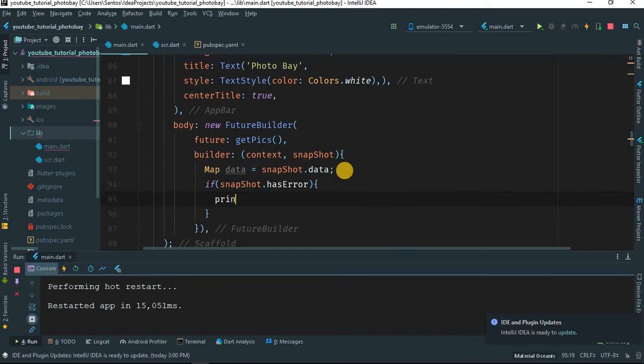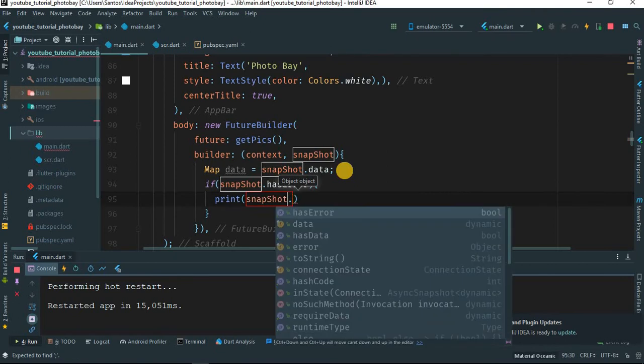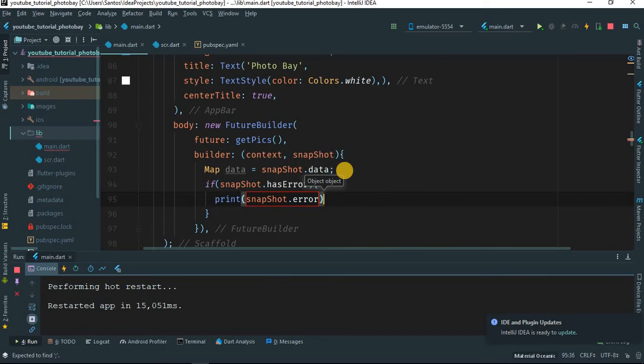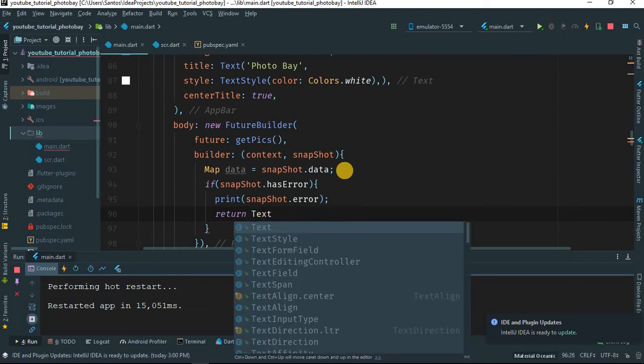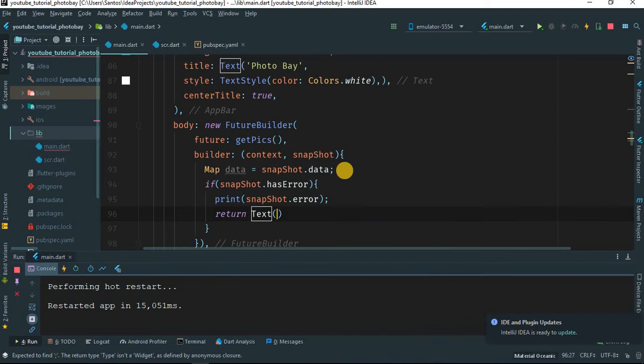First, let's print snapshot dot error, and now let us return, because we have to return something. We will return a text widget to the user, and inside of this text we're going to say